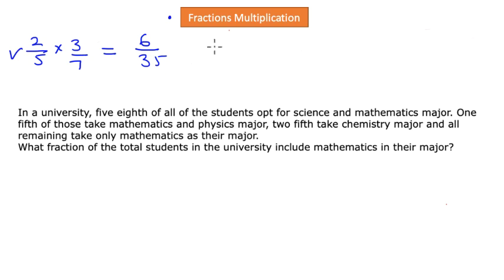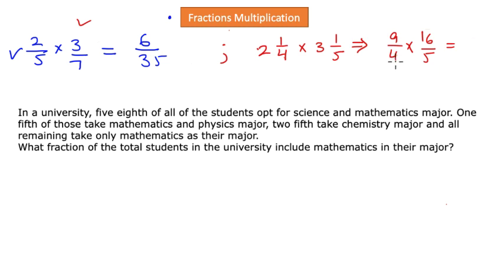And we also want to remember that if there were two mixed fractions such as 2 1 over 4 to be multiplied with 3 1 over 5, then before multiplying we want to convert these two mixed fractions into their improper form, and that would be 4 times 2 will be 8 plus 1, 9 over 4, and 5 times 3 is 15 plus 1, 16 over 5. And now you should multiply these two numbers together just like what we did here, okay?